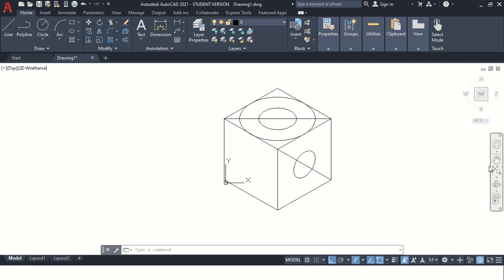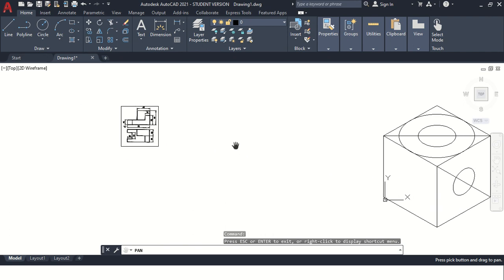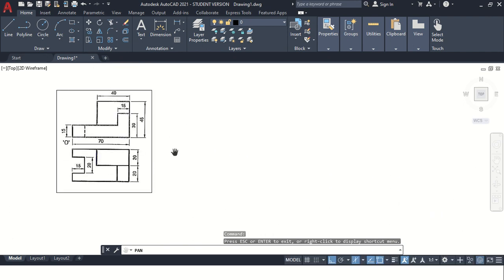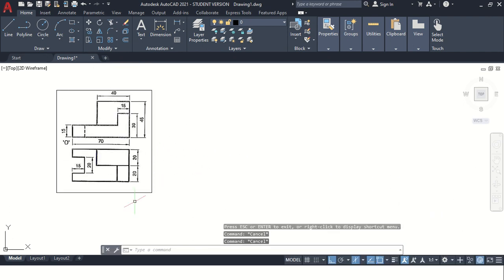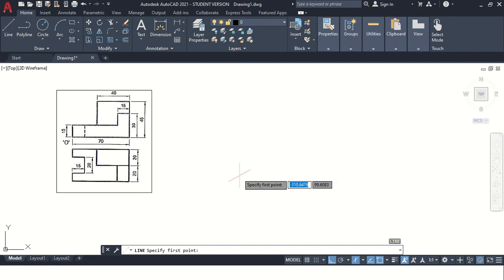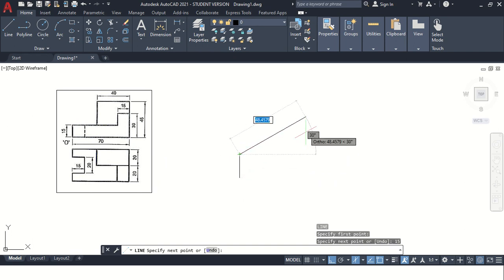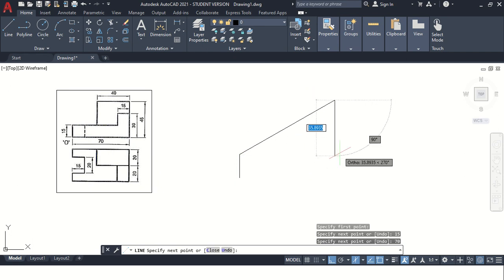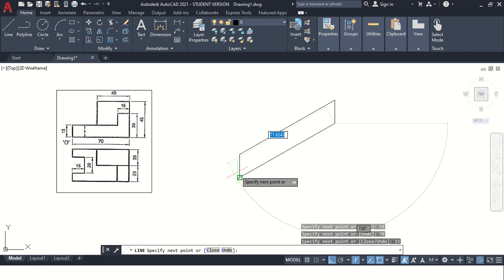Now let us take a simple problem to show an isometric view of a given problem. So let us assume the origin is also given in this case. The height of the base is 15 millimeter. Starting from the base itself, L enter, vertical distance 15 millimeter, horizontal distance of 70 millimeter, again vertical distance 15 millimeter, closing to its initial position.